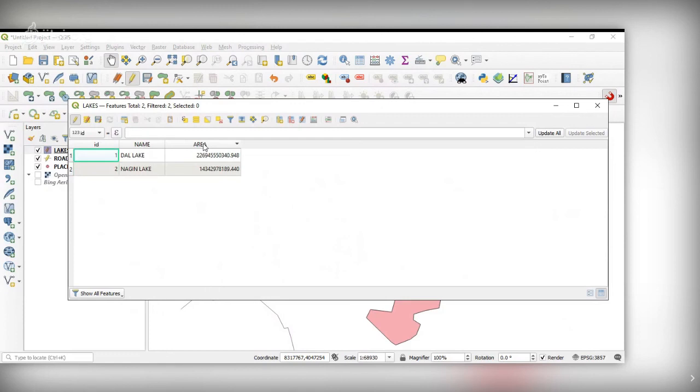I don't know why it is doing this, but it is in square meters. So approximately this is 22 square kilometers.